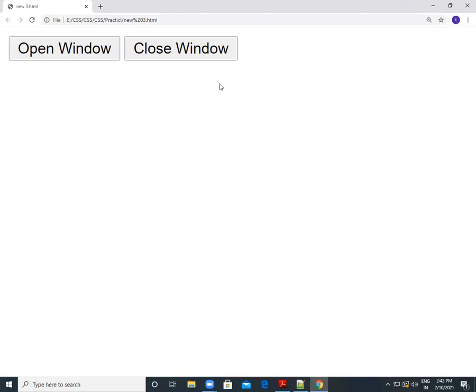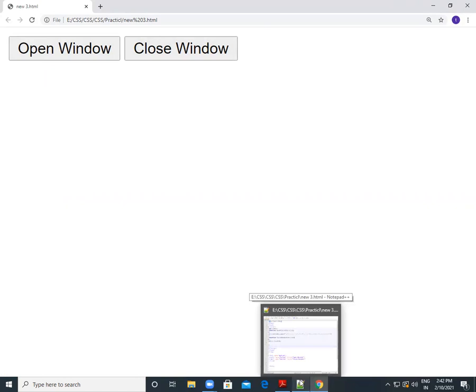Yeah, you can see that we use two buttons for open window and close window. The first one is for opening the window and the second one is for closing the window.